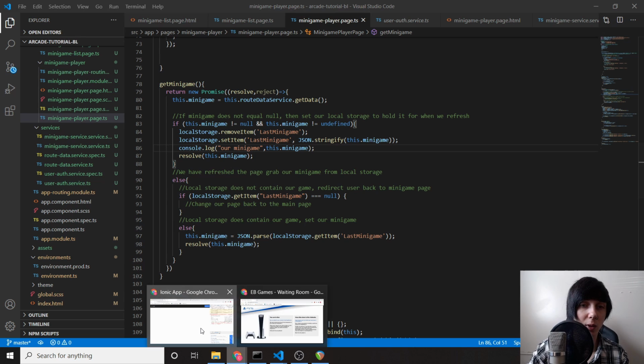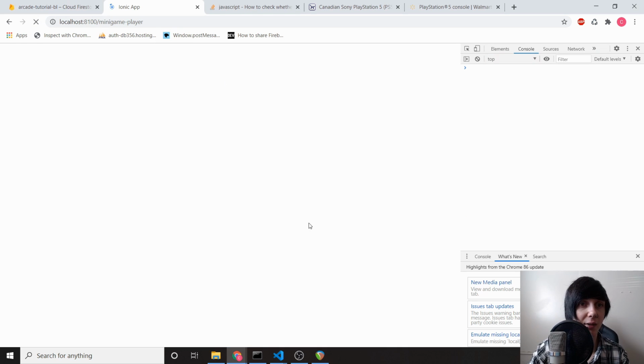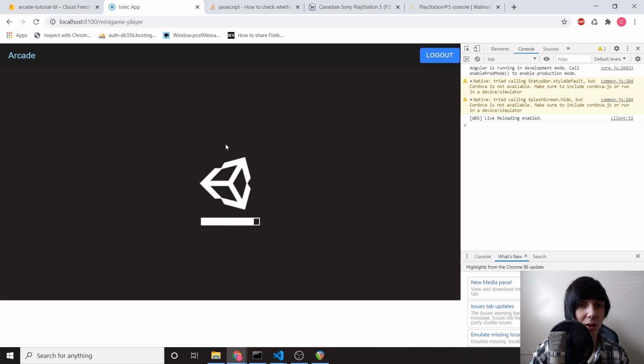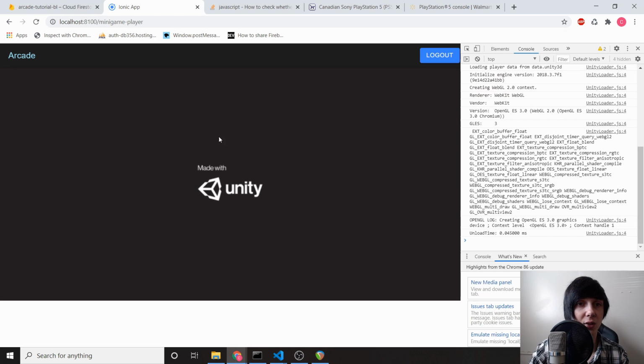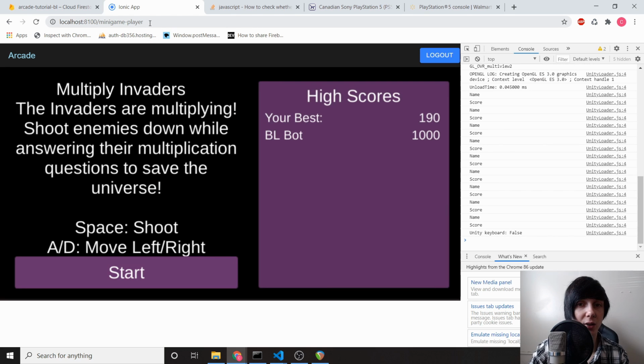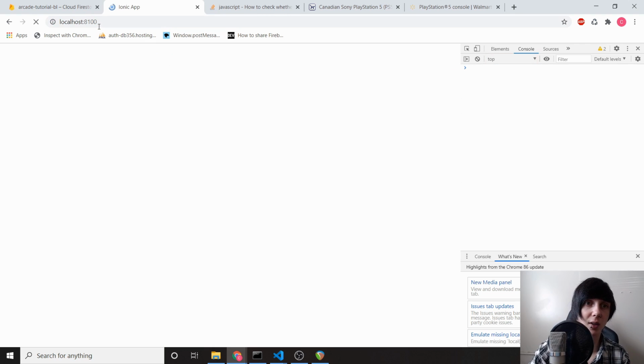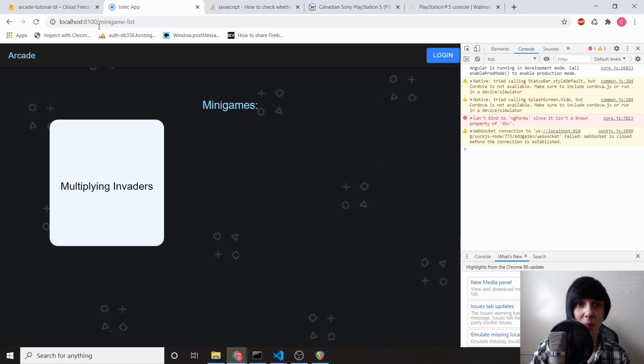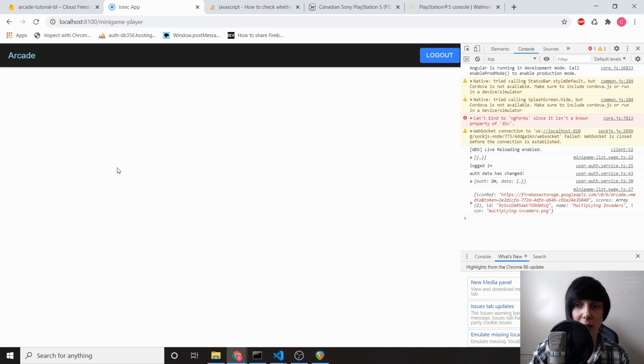What if we refresh the page after? Okay, so it does work when we refresh the page after. What about now? We click this, are we going to get that console.log? So we aren't